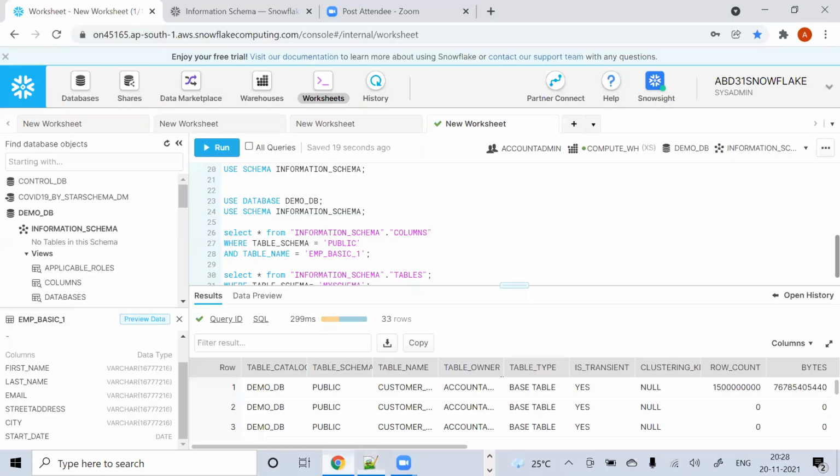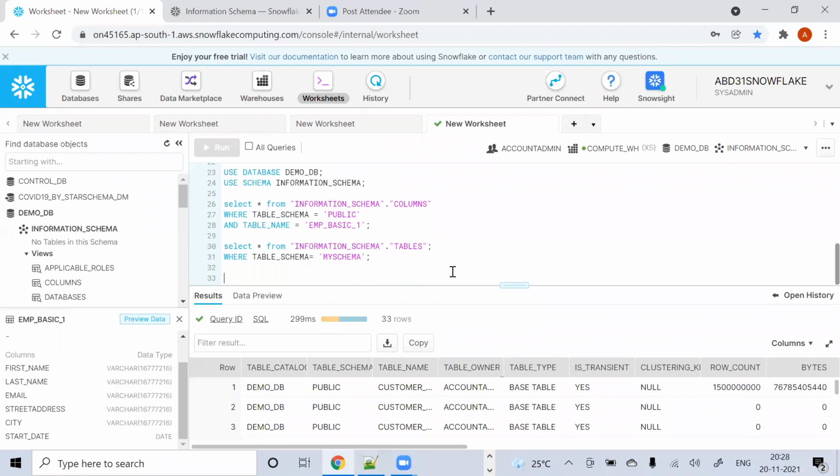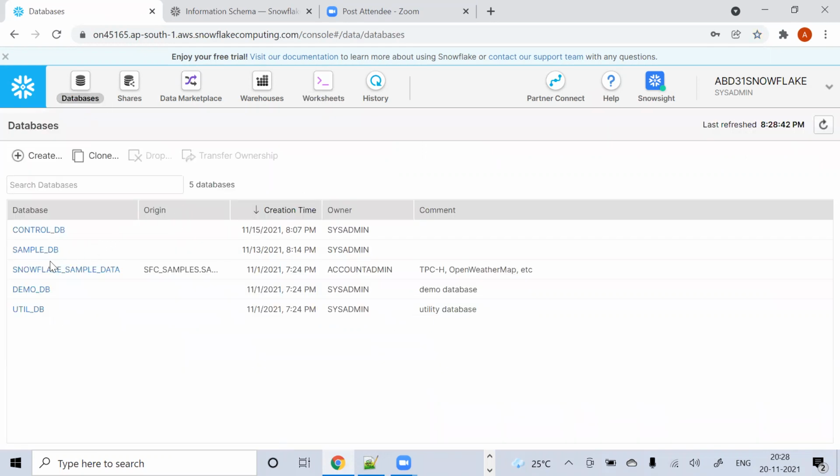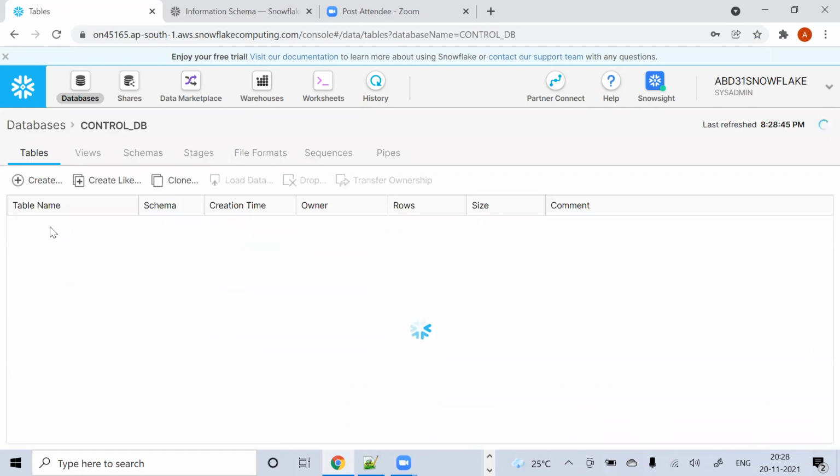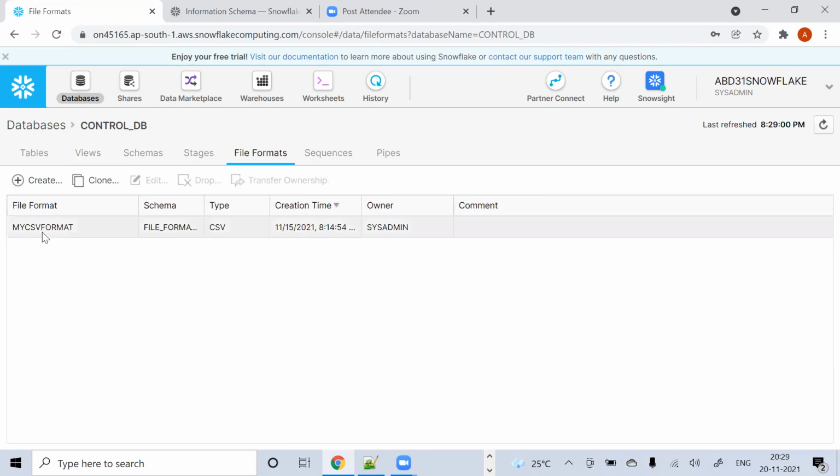If you remember, there is something called a file format object. When we were doing a web UI tour of Snowflake, we had come across this file formats object, right? So if I go to databases, let me say choose one database, control DB. I have created it for my other batch. Okay, so you can see all the types of objects that you can create under a database. So schema, table, views, stages, and something called file formats. So I created one file format. So file format is nothing, guys. When